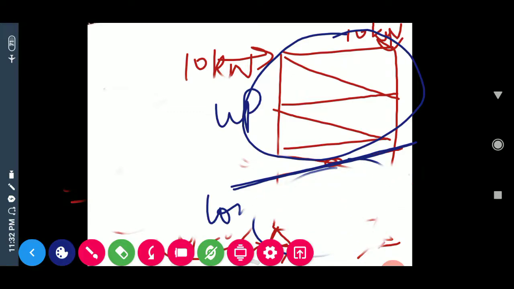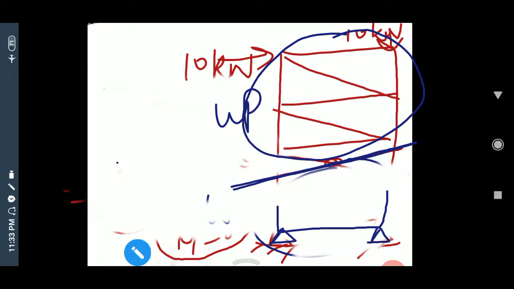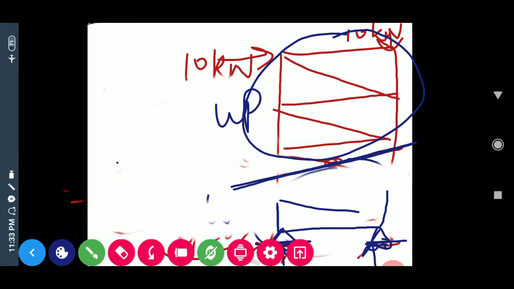Suppose we take the upper part, then the part should look like this. And if we take the lower part, then the free body diagram of the lower part should look like this. What is the problem with the lower part is that if we deal with the lower part, then we will have to find the support reactions. We can move either way, or we can consider the upper part and move accordingly. So let us consider the upper part as the free body diagram.